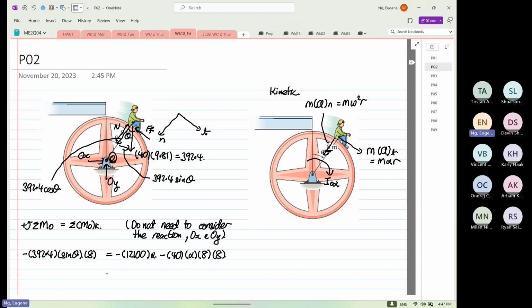So let me clarify something. So let me write out the formula. So this is equal to minus